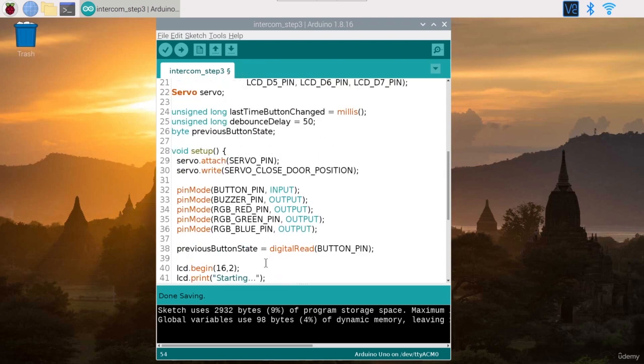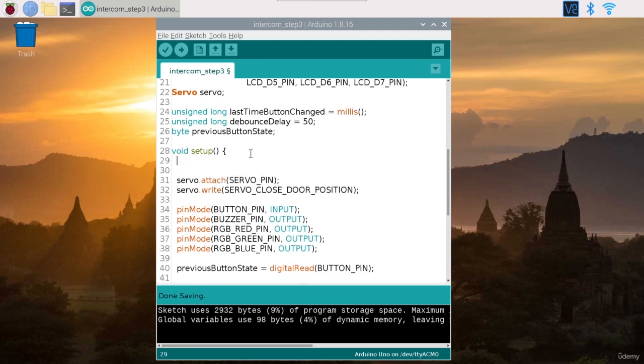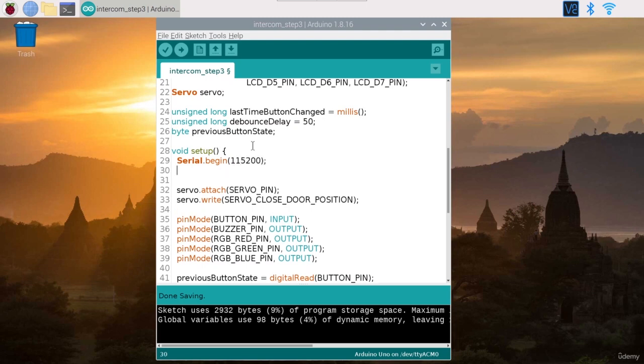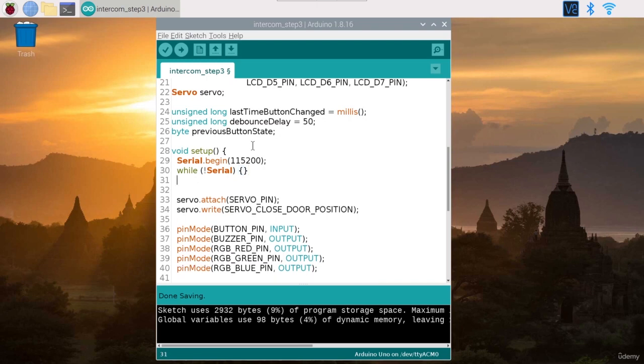To send the message to serial, I'm going to initialize serial here. Serial.begin with this baud rate. We're going to use the same in the Raspberry Pi. Let's do while not serial, for compatibility with some Arduino boards. And here I'm going to add something else that I didn't do before, and we probably won't need it in this project, but it can be a good best practice to add: while serial.available is greater than 0, you do